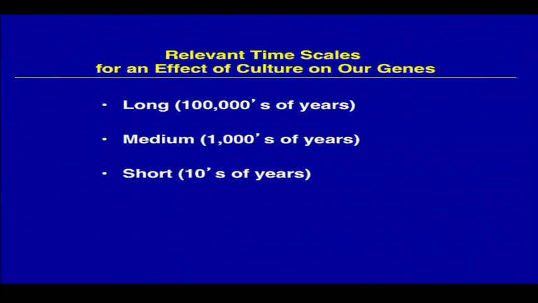Now, in fact, it's also possible to imagine that we humans may have been changing our social environment in ways that affect our genes not only over long-term horizons, but even over historical time periods. So when you think about some of the biological effects that we are discussing today, or some of the ways in which our social exposures could feed back and modify or regulate the expression of our genes, you have to think in terms of very long, hundreds of thousands of years, medium, thousands of years, and even very short, in ways I'll show you very soon, decades, tens of years, time spans that could affect our exposures and